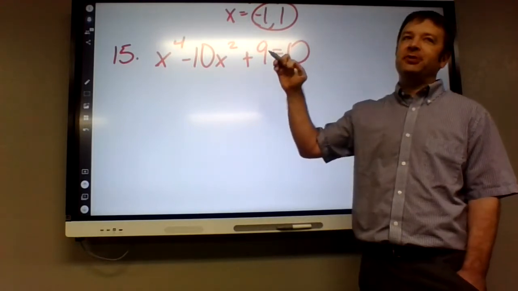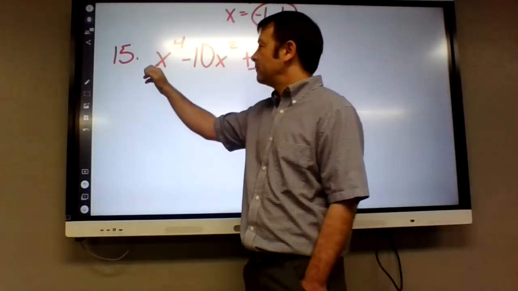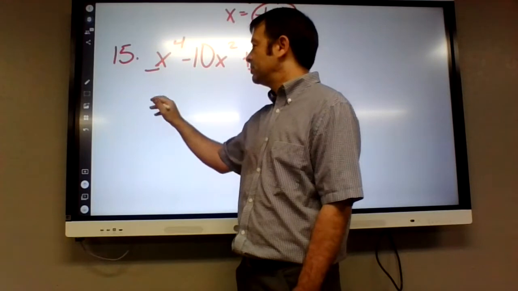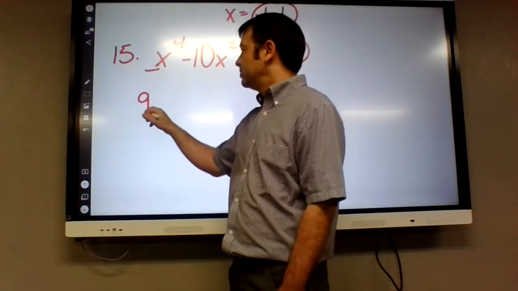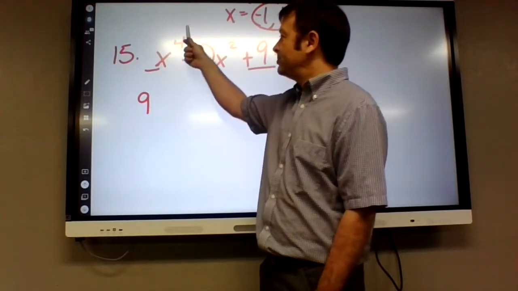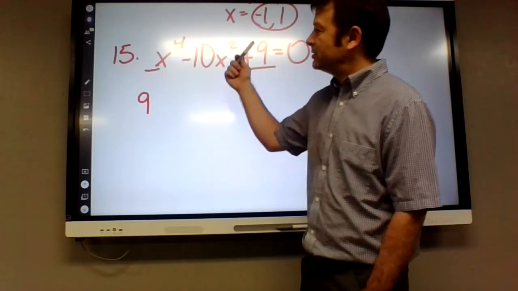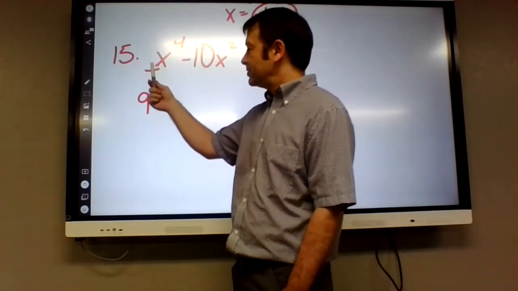Alright, you guys remember what I said the first step is for rational? Oh, it's called rational root theorem. We do factors of 9 over factors of 1 in this problem. Of course, it has to be written in order for that to work. Like the biggest power needs to be up front, the constant needs to be in back. Factors of the constant over factors of the coefficient of the largest.